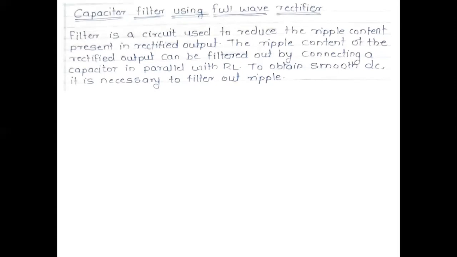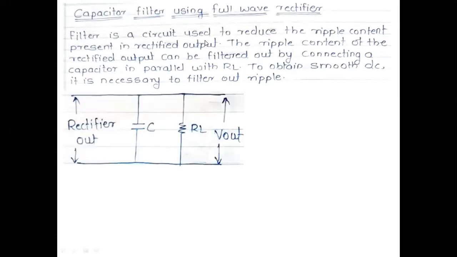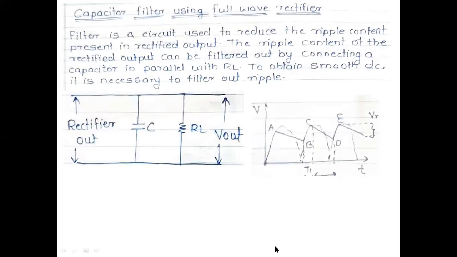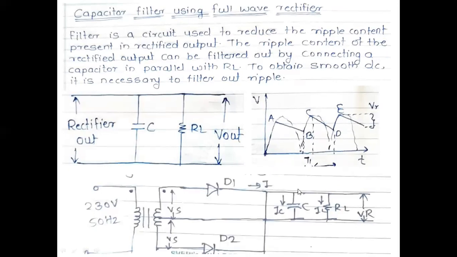We have started the capacitor filter with the full wave rectifier. With the full wave rectifier, we are not going to get exact DC; we are going to get pulsating DC, which has ripples. Ripples means it is not going to give a steady value. It will start from 0 to maximum and maximum to 0, 0 to maximum, maximum to 0, like that it keeps moving. That is pulsating DC.